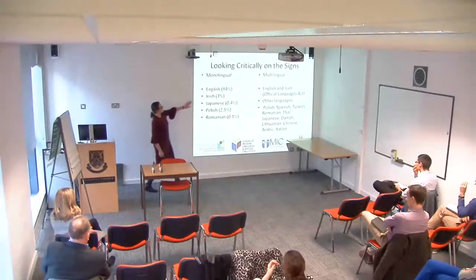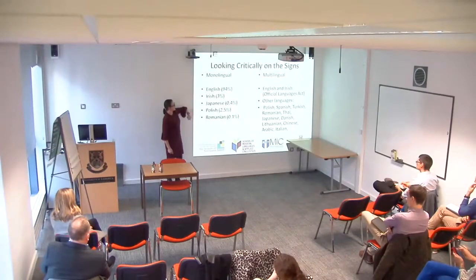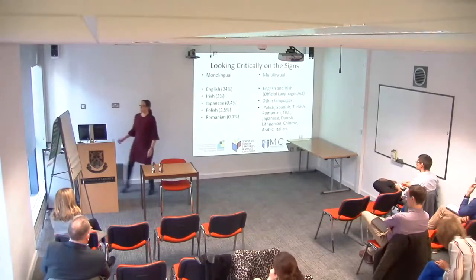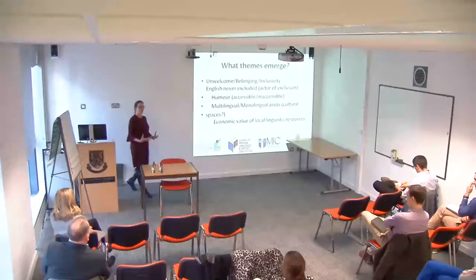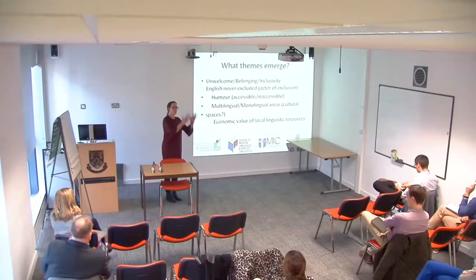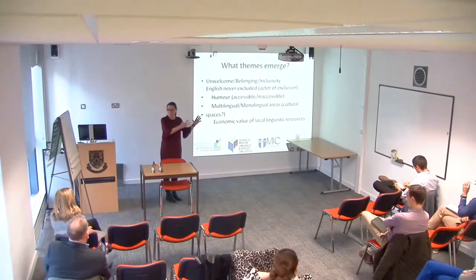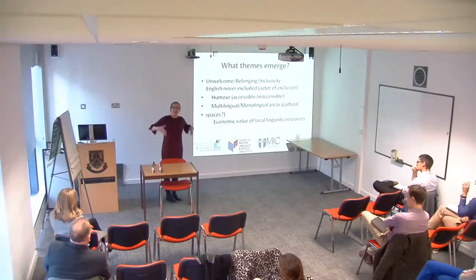So the students mapped the signs, and 94% were monolingual English, and then you had a series of multilingual signs. What they did was divide the data, once they had analysed it, into key themes, and the exhibition itself was presented as visual images that fall under each of these themes. And we mapped the space in the Fab Lab as the city centre itself. So you actually walked through the images, and the students were there saying, look, isn't this very interesting?